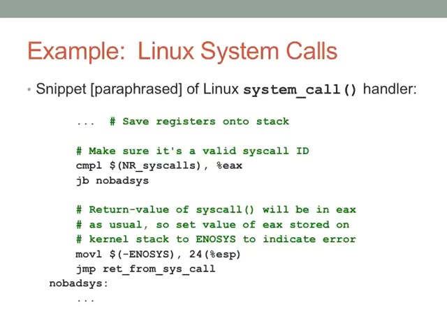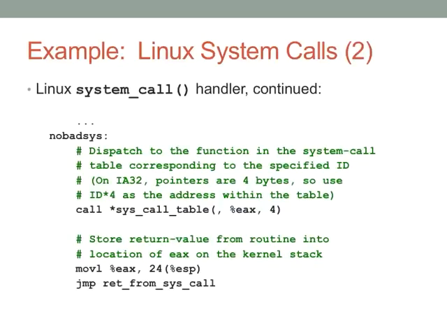I should say the user process's value for EAX on the kernel stack. Okay? So that's kind of gross. You kind of wish that they would do this in some better way, but that's how the kernel is written. Those wily kernel programmers. And then you return from the system call so that they see that they tried to call something that's invalid. Otherwise, you jump down to no bad sys, and you actually dispatch to the system call